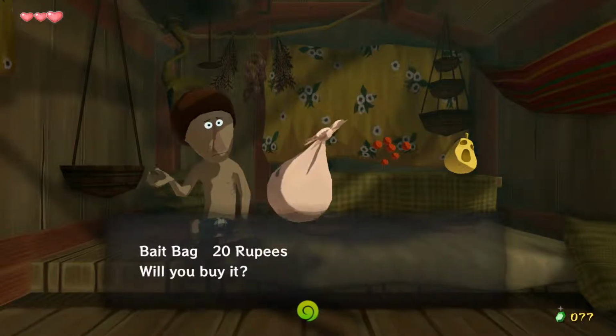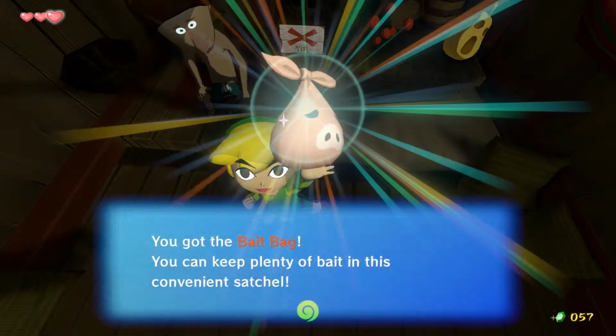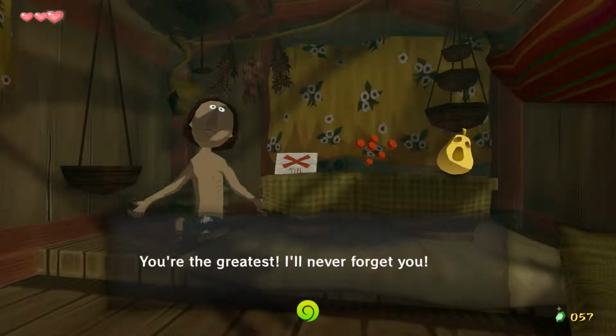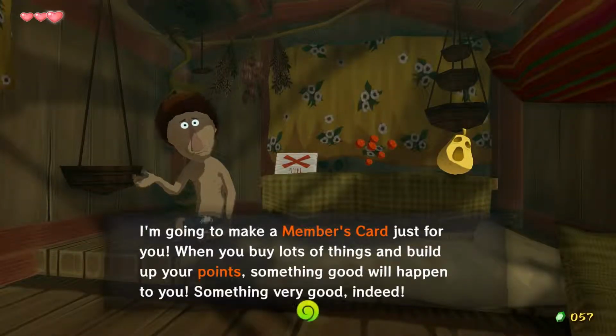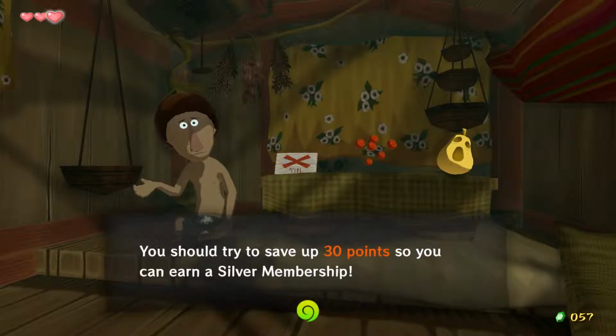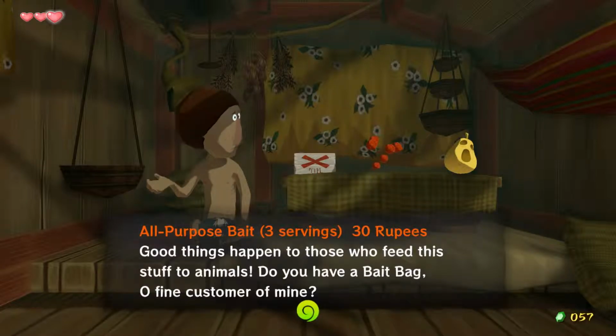Ah, it's only 20. So yeah, we're spending that 20 in all one place. There we go. We got a bait bag. And the reason you want to buy it is so that you can get maps for the first few areas you visit without having to return to them. Basically, we get a member's card where you get points to give you stuff. I don't really remember exactly what happens with that, but we're gonna buy...